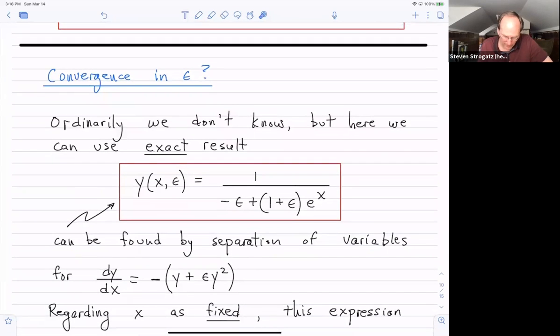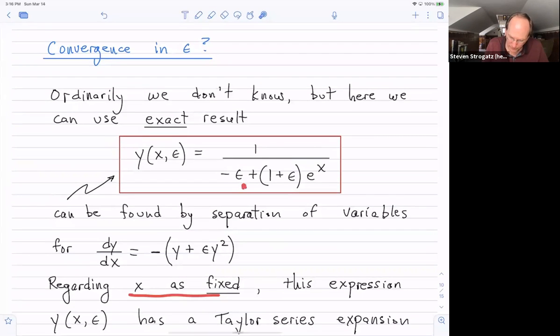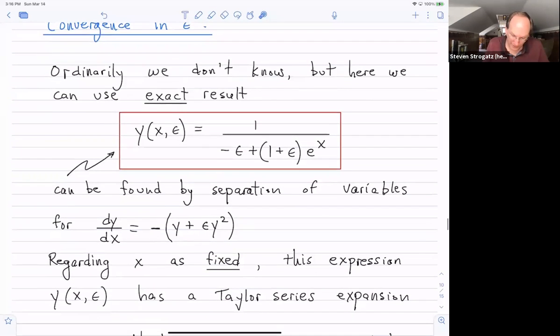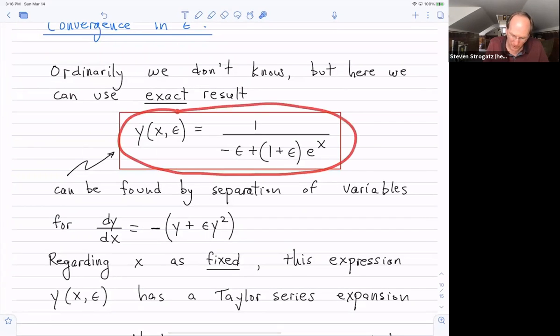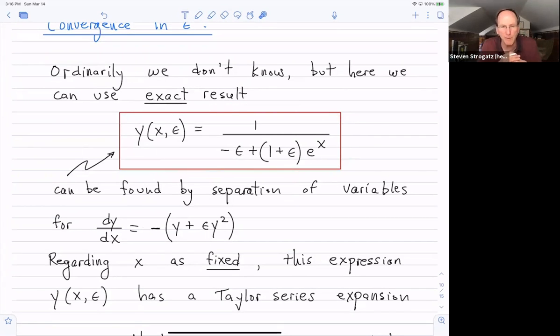And now if I think about this expression in the red box, think about it for x being constant. Just fix x and regard this as a function of epsilon. It's the epsilon dependence we're interested in. So think about x as like a parameter if you want, and epsilon is the variable of interest. Regarding the x as fixed in this expression, then think about expanding this as a Taylor series in epsilon. Really, I guess I should say Maclaurin series, because I'm expanding around epsilon equals 0. So if I expand that as a Taylor series, well,